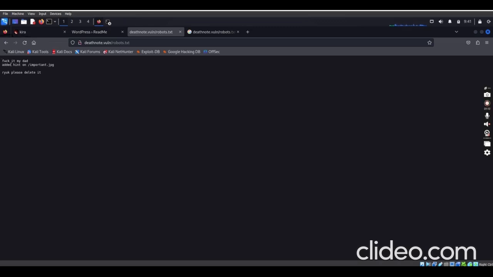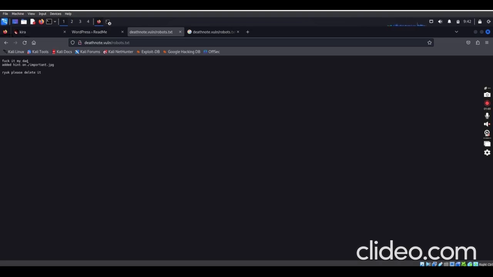So from this part, it's showing us this. This is a text file under this particular website. After we navigated to that text file, it reveals this, saying that there is an added hint. So it is telling us that there's a picture stored in the website that has the hints to what I'm looking for.